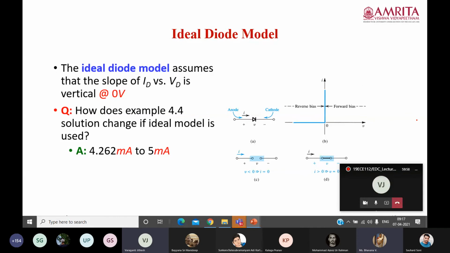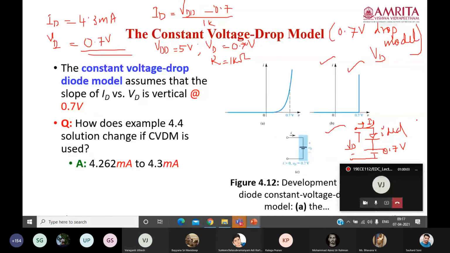Ideal diode model. Ma'am, which one is correct, ma'am? The left side one, or the one you drew on the right side? See, which one? This one. Actually, this is more appropriate. You have to show the ideal diode as well, to show that it will allow current to flow only in one direction. That ideal diode is modeled by this constant voltage drop model. Okay, this is only what you draw.